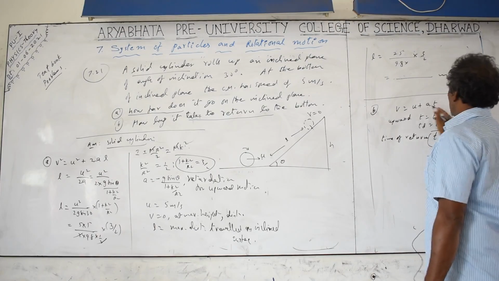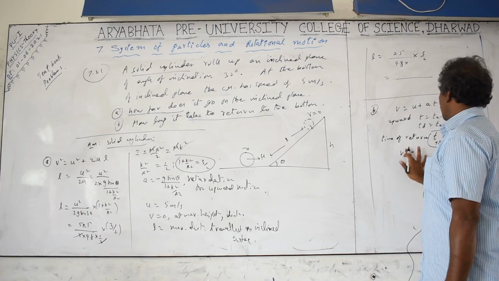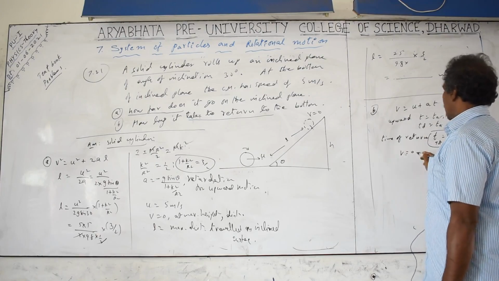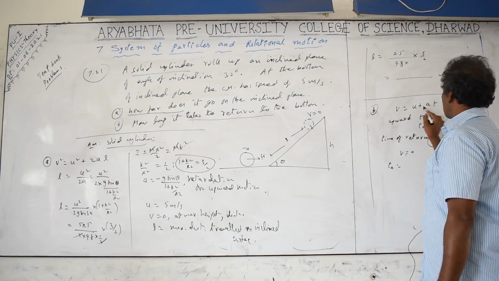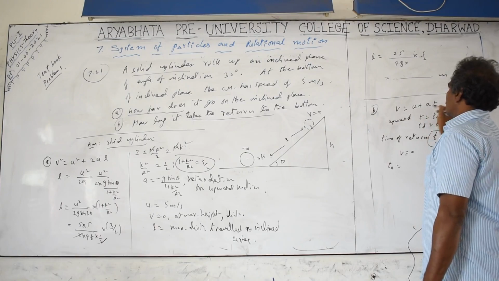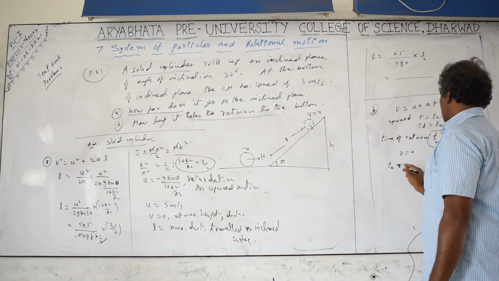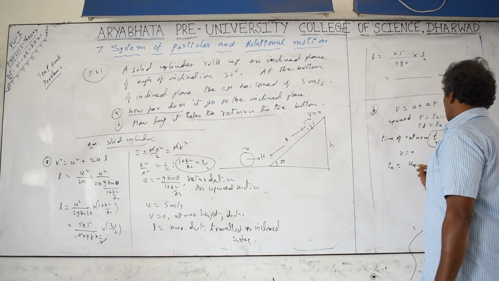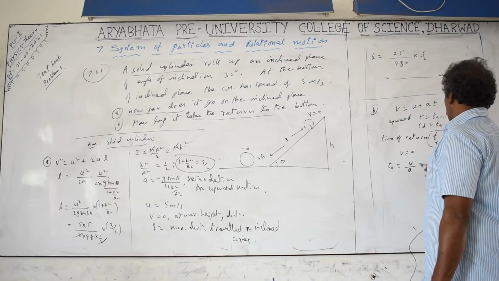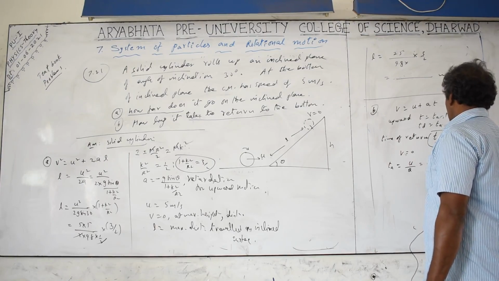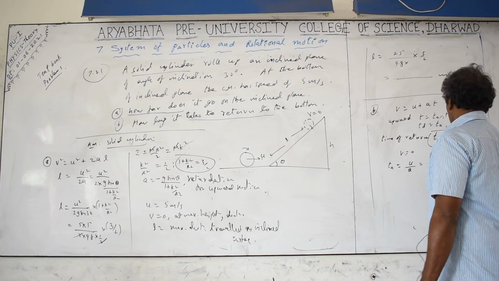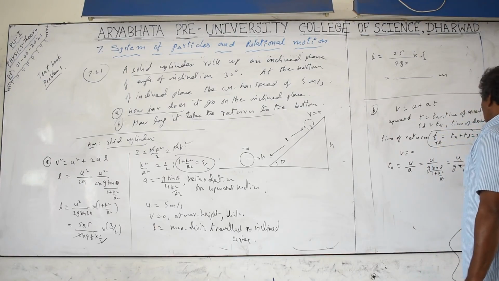Now let us take what the time of ascent is. V is 0, the final velocity is 0, and substitute the values here. You will get minus g sin theta into t. So v is 0, take it to the other side, it becomes plus. Time of ascent is u by a, which is u by g sin theta by 1 plus k square by r square, which is equal to u by g sin 30 into 1 plus k square by r square,